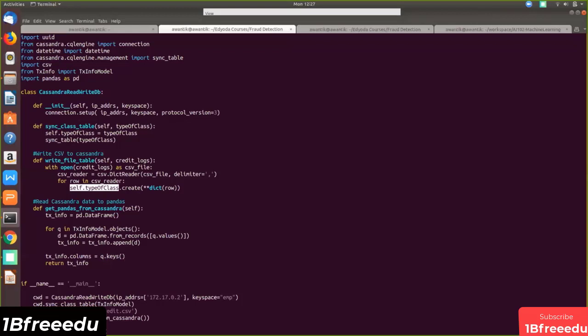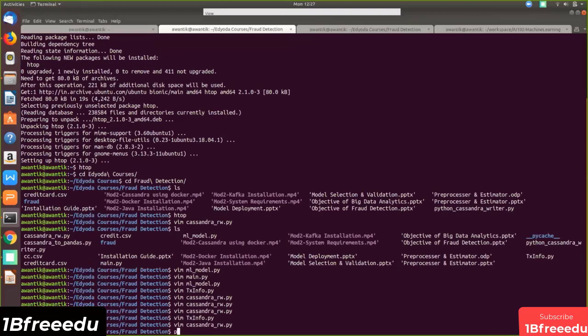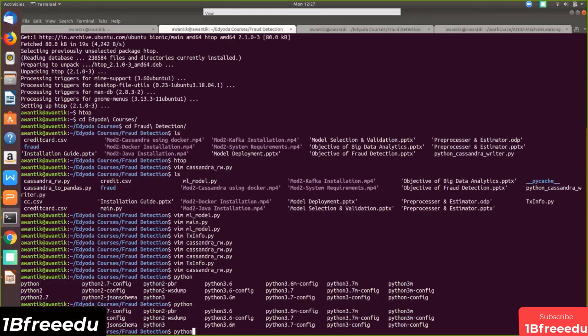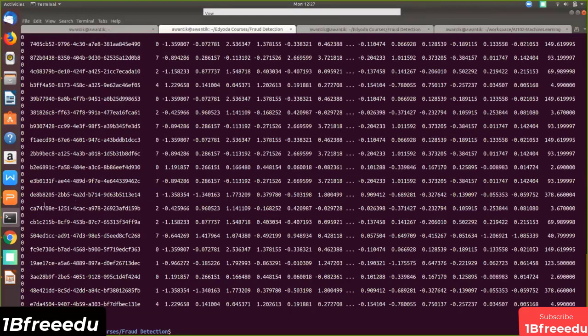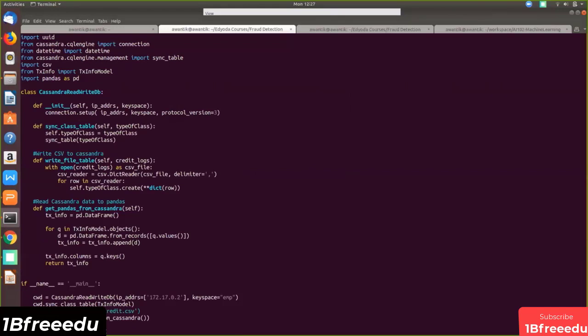If you execute this, since we have already written to the database, I'll comment out this part and just show the read contents. You can see this is the data frame that it has read from the database. This is the transaction ID and so on. This is all about this class. Of course, you can reuse this class multiple times, because the sender can be different and the receiver can be different. I just put everything in one code so that we can easily read, understand, and execute it.